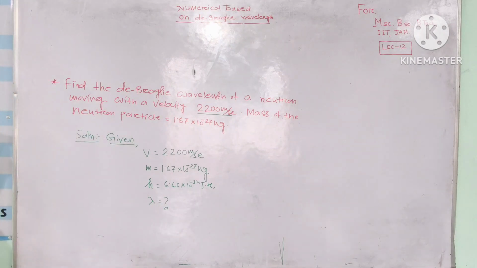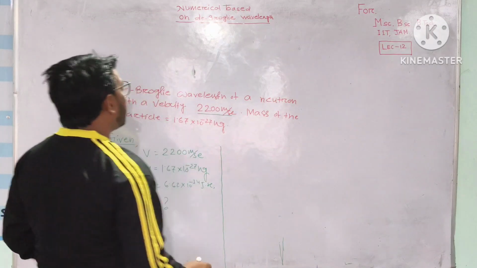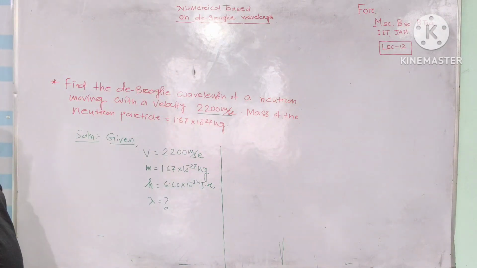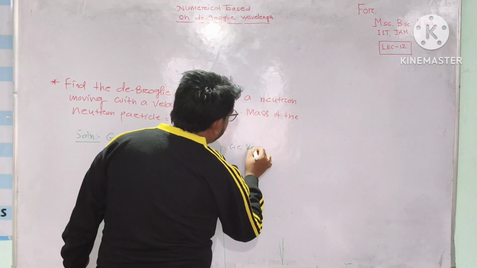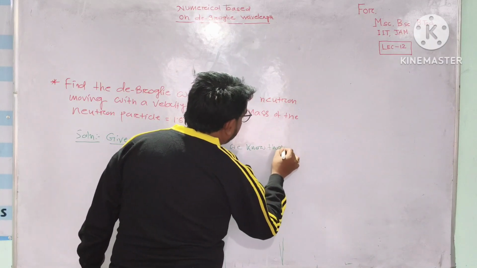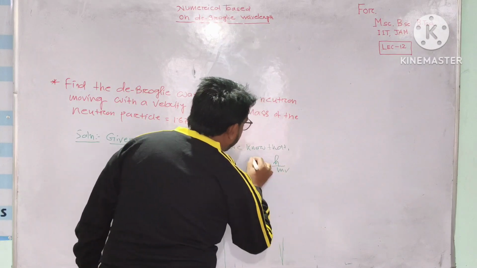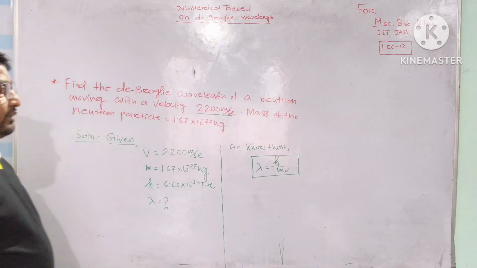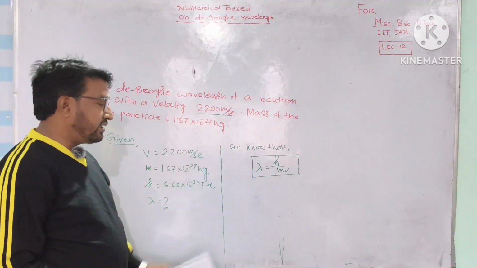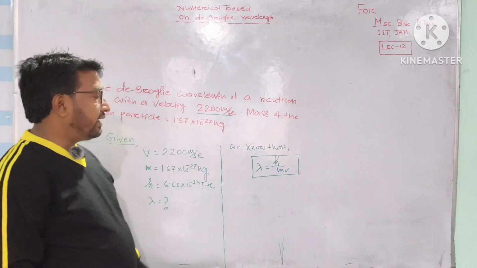Okay, we know that for this problem we can use the de Broglie wavelength equation. So we know that lambda equal h by mv. This is known as the de Broglie wave equation. In this equation, lambda is called wavelength, h is Planck constant, m is mass of the particle, and v is velocity of